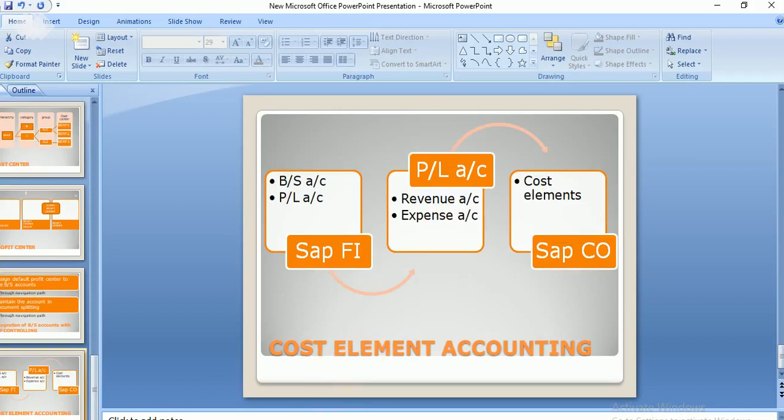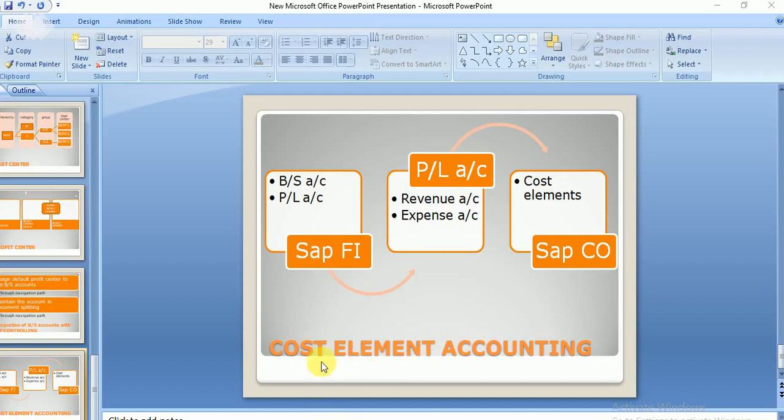It is very, very important in SAP. We know that we are studying SAP FICO, that is finance and controlling. This topic specifically, cost element accounting, is a controlling module. The data that we are maintaining in finance should flow into the controlling module. It is ensured by this cost element accounting. So how is the data going to flow into the controlling module? It will flow in by means of this cost element accounting.